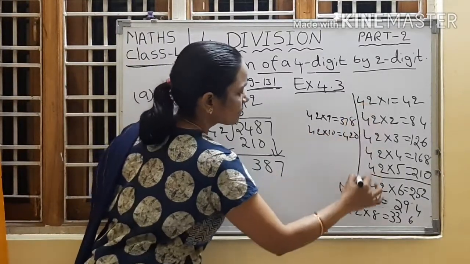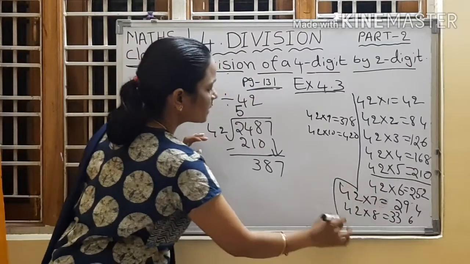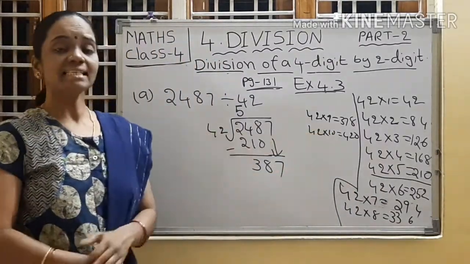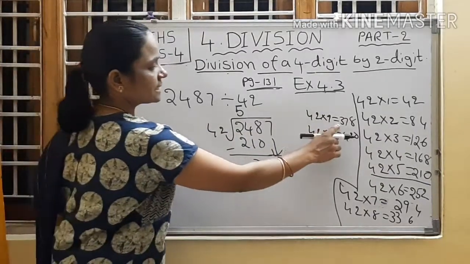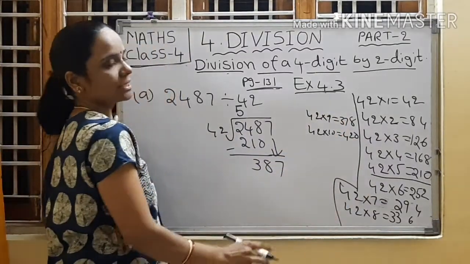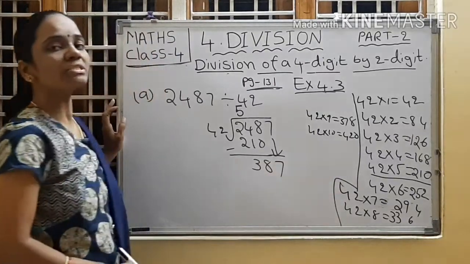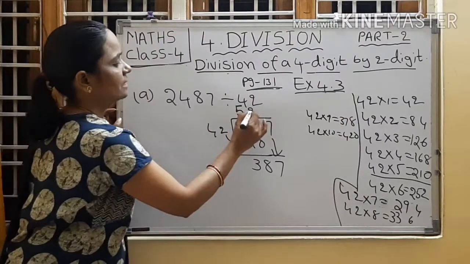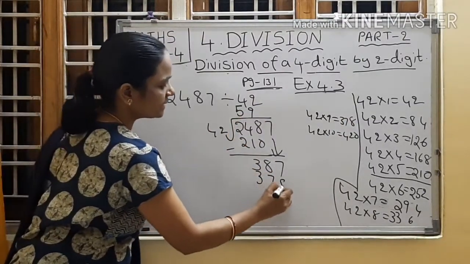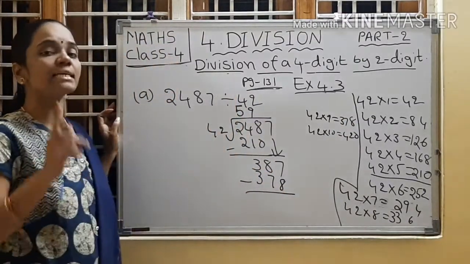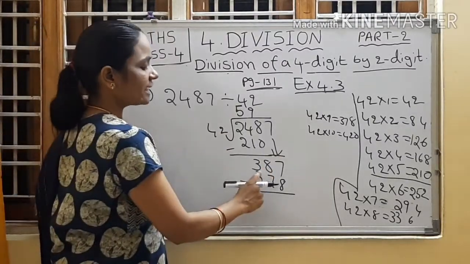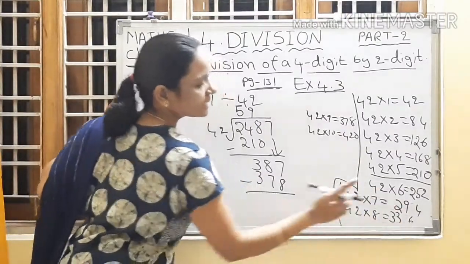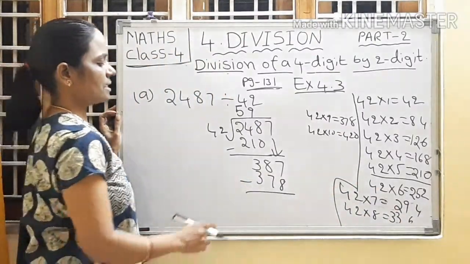420. So which number I have to take into consideration? Here 387 is there. How much should I take? What is the nearest and smallest number? Yes, 378 only I have to write. I can't write 420 because it is bigger number. So 42 9s are 378. Okay, nearest and smallest number. 387, nearest number is 378. Don't write 336. Okay?